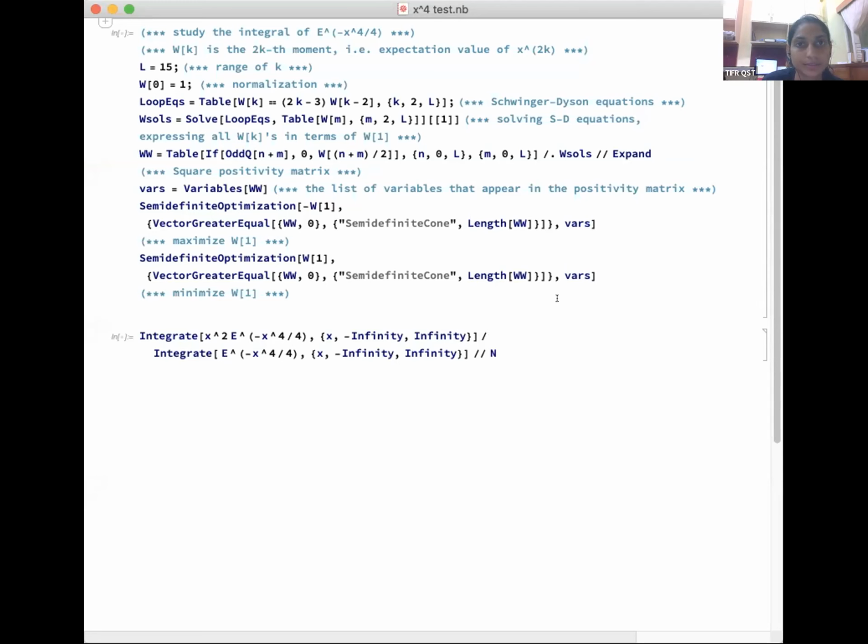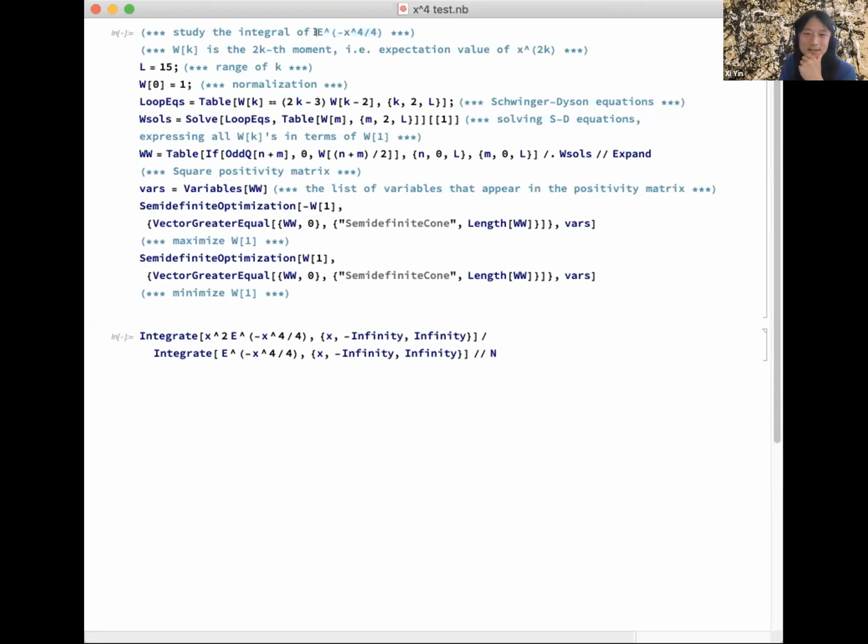That's good? Yes. Okay, so I'm just going to illustrate this in an extremely elementary example. This is all the code you need with Mathematica. All I'm doing here is computing the integral of e to the minus x to the fourth over 4. This is like the Bessel type integral, so I'll know this. But the point is that you are supposed to view this as a toy model of a path integral, right? This is like a 1-by-1 lattice.